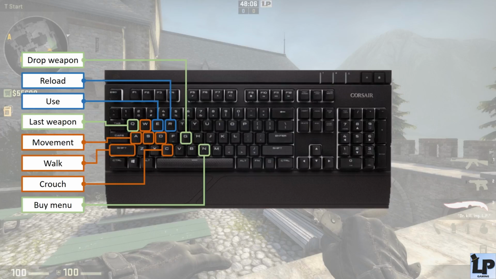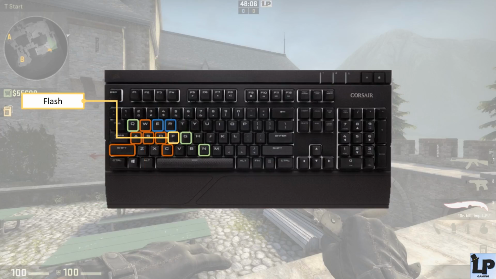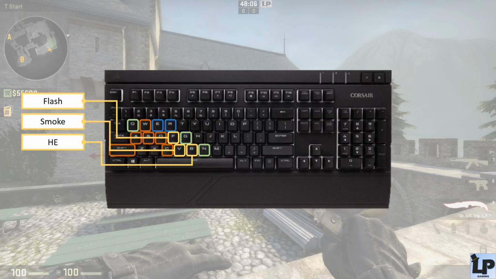However, of course, you need the buy menu, and I've bound this to N. Next are the grenades. I'd like to start with the flash grenade, which is bound to F, for I don't know which reason, maybe because flash starts with an F. The smoke is bound to the key next to it, which is V in my case,